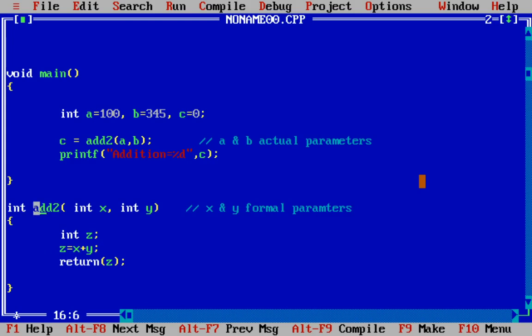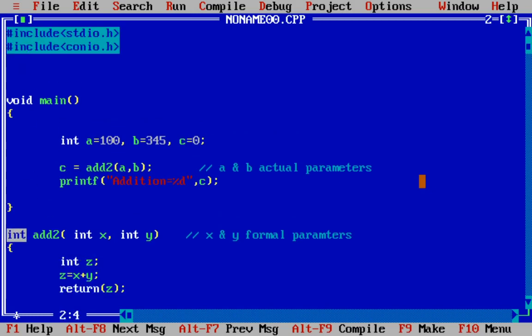So now the compiler will understand that this add function will accept two integer values, but after completion it will return an integer value. That's why the return data type is int. Why? We are returning z. What is the data type of z? Integer. That's why it is integer. And the same sentence we'll write here.